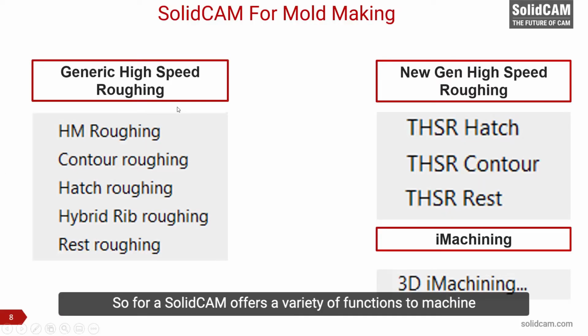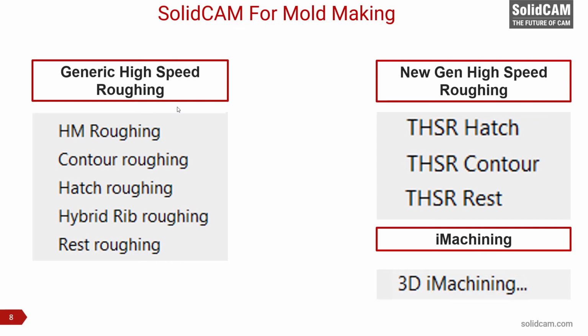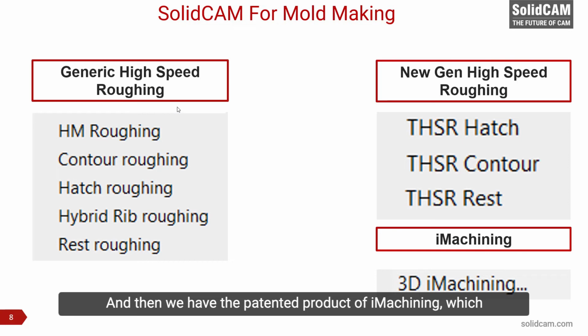Okay, so for CAM, SolidCAM offers a variety of functions to machine any kind of mold, any size of mold, in the way the user wants. For roughing, we have three types of roughing. We have the generic high-speed roughing, which offers roughing as contour roughing, hatch roughing, rib roughing, and rest roughing. And then we have the new generation high-speed roughing, which was introduced a couple of years back, which has hatch, contour, and rest. And then we have the patented product of iMachining, which can dramatically alter your machining